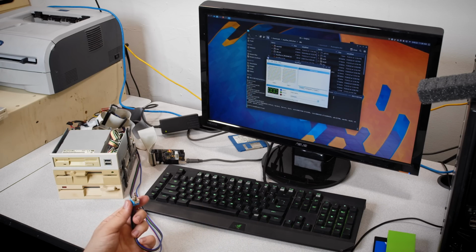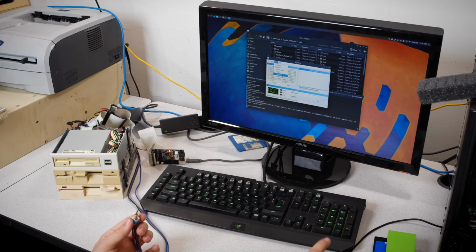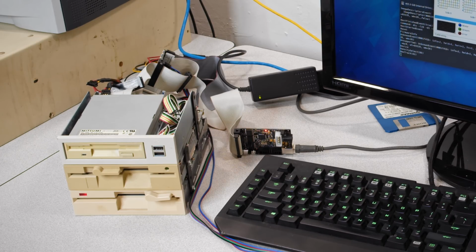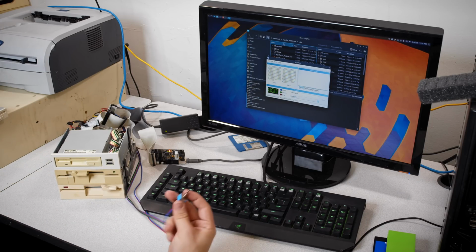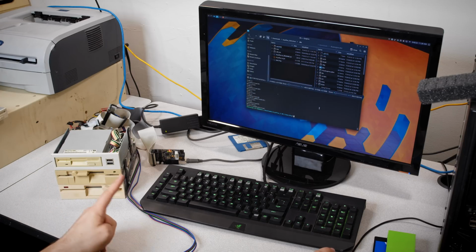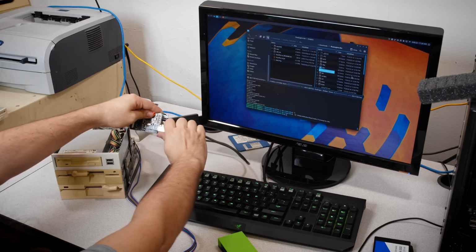Perfect. And now all I'm going to do is flip the switch and then rerun the calibration, and it will find the 40 track 5 1/4 inch drive. There we are. We accessed all 3 drives, and all we had to do was just flip one switch. Now, this same thing also works with the grease weasel. So if I swap this out,